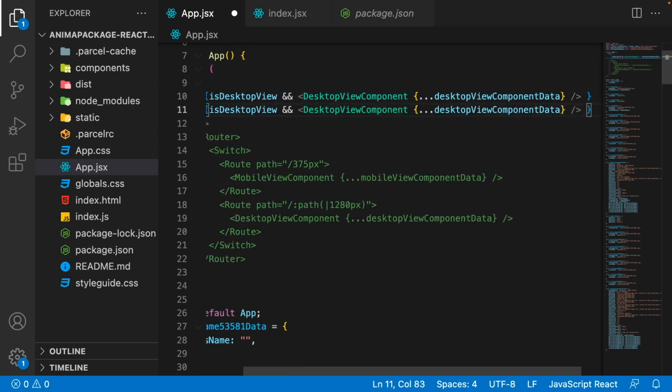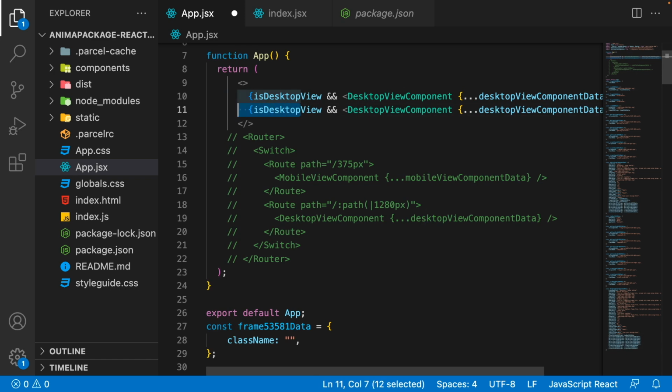I will add it here, and instead of the desktop view I'm going to change this to mobile view. So let me have the mobile view. In that case I'm going to copy this. All right, and I will add it here. All right, so now we have the conditional rendering, and now what we have to do is